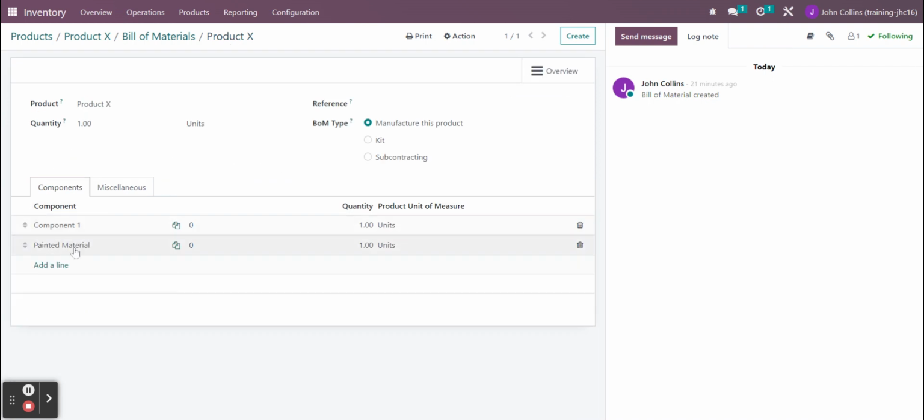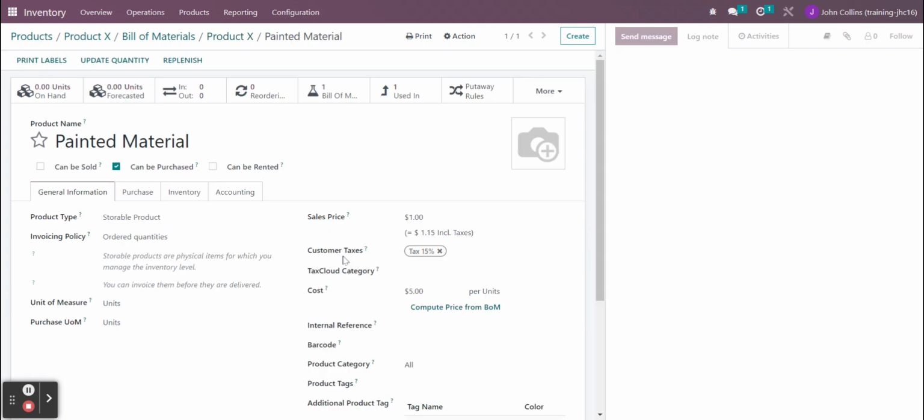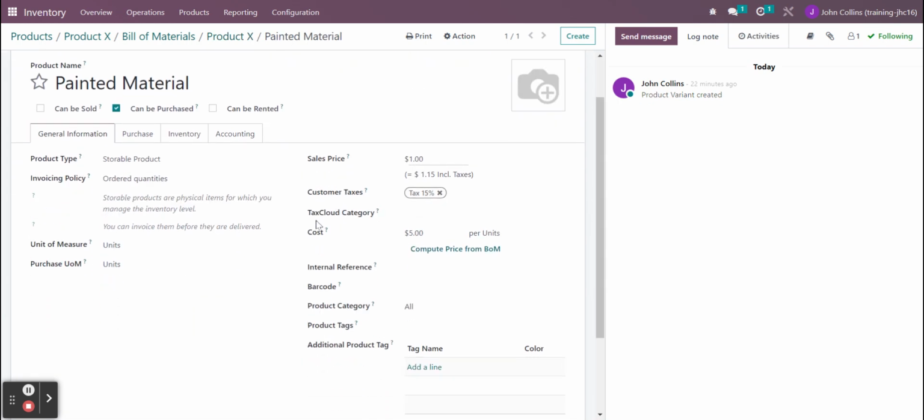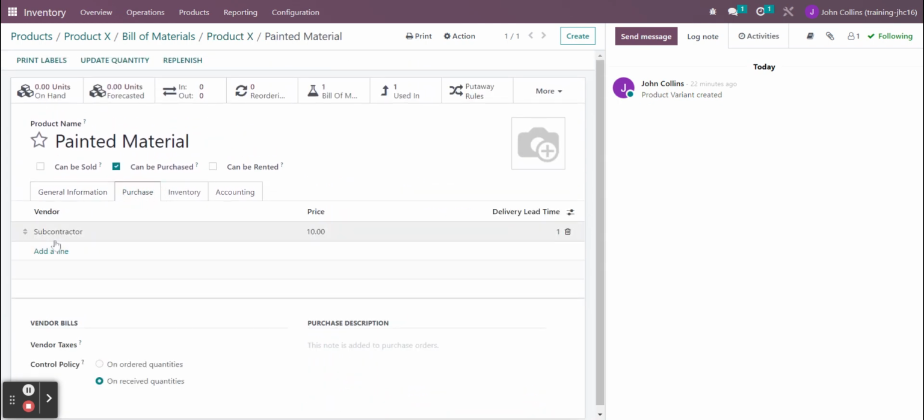But the other material that we have in there is this painted material. And if we open that up, we can see under purchase, we've got a subcontractor defined as the vendor. I added a price in there. And then inside the bill of material for the painted material,